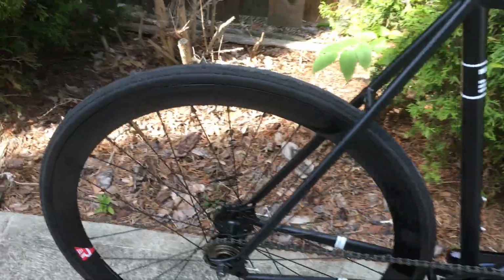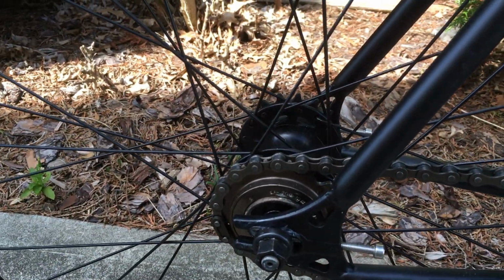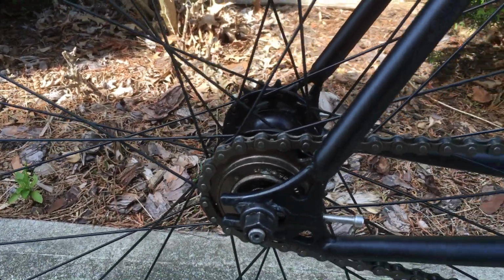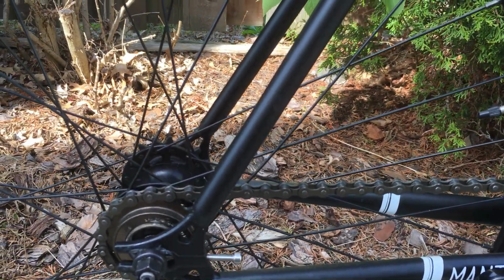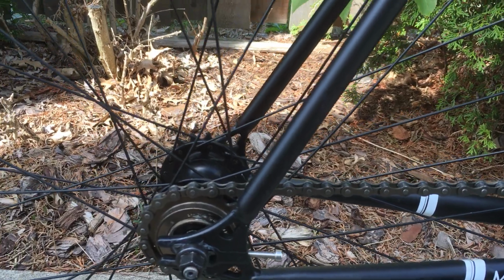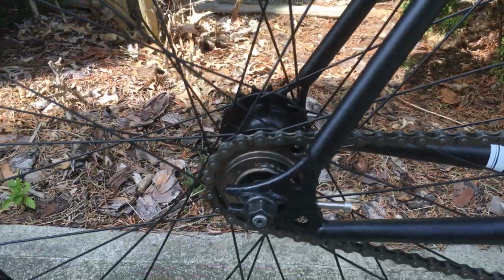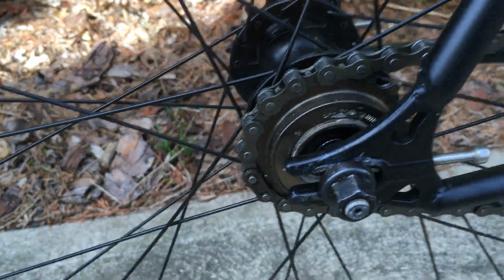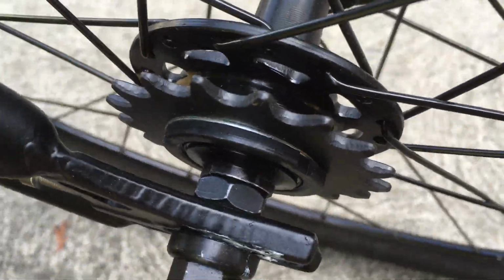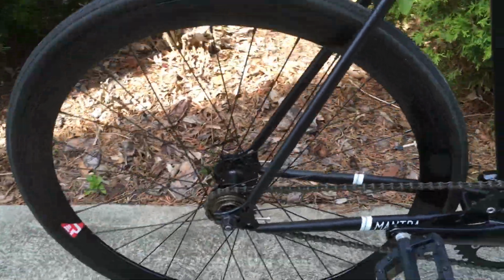It comes with a flip-flop hub right there, so you can either use it as a pure fixed gear bike where the pedals are in motion whenever the back tire is moving, or just flip the back tire around and use it as a single speed with a free wheel where you can coast without moving, like a traditional bike. I use the free wheel option, which is actually this hub here, but if you flip the bike around, the fixed gear is right there, so it's really easy to try one style and change it back if you don't